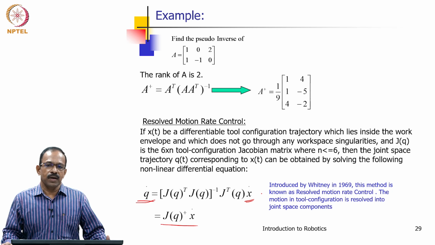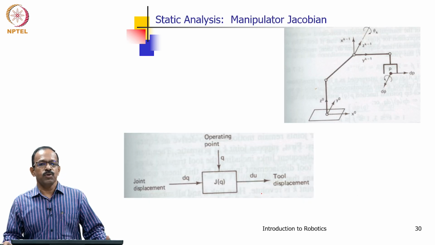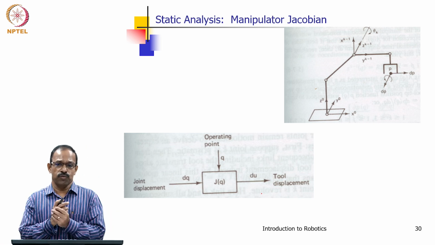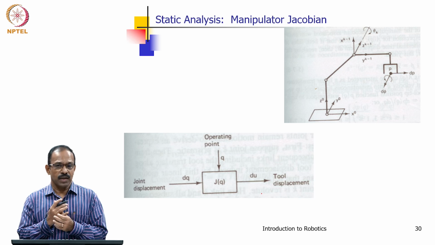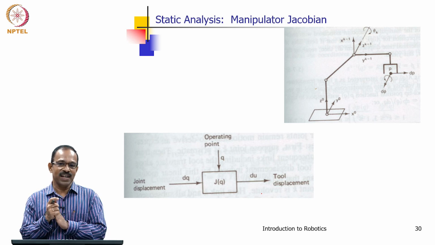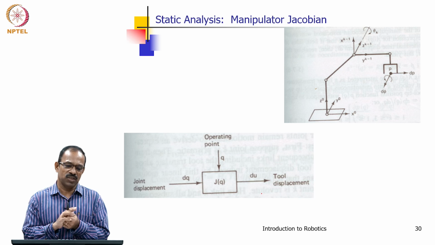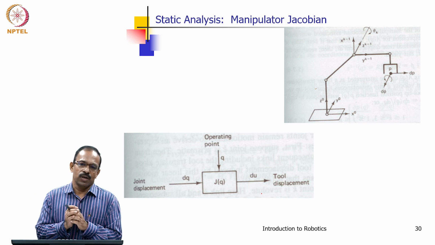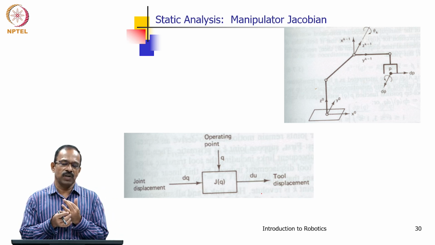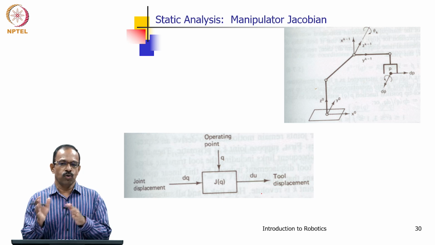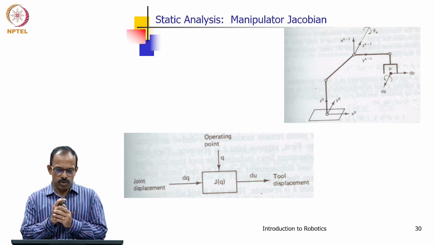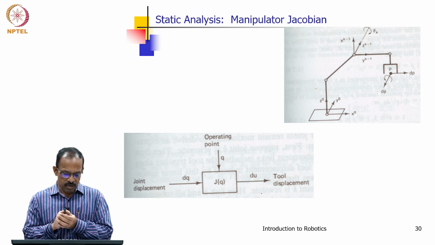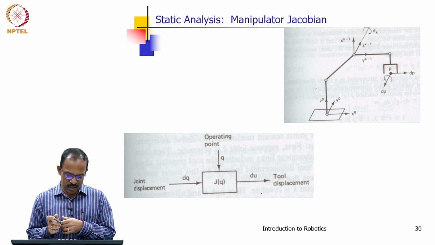Now, this Jacobian that we have can be used for many other applications also. Not only for the velocity relationship, we can use it for force analysis, etc. And in order to make it suitable for that analysis, we define this Jacobian. The previous Jacobian we discussed, we normally mention it as the tool configuration Jacobian, because we were trying to relate the tool velocity to the joint velocity. So, in order to look at the Jacobian in a slightly different way, we define the Jacobian in this format.